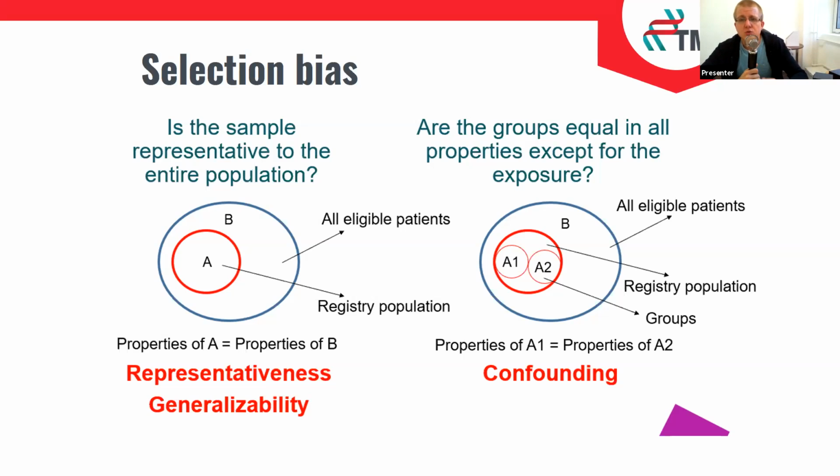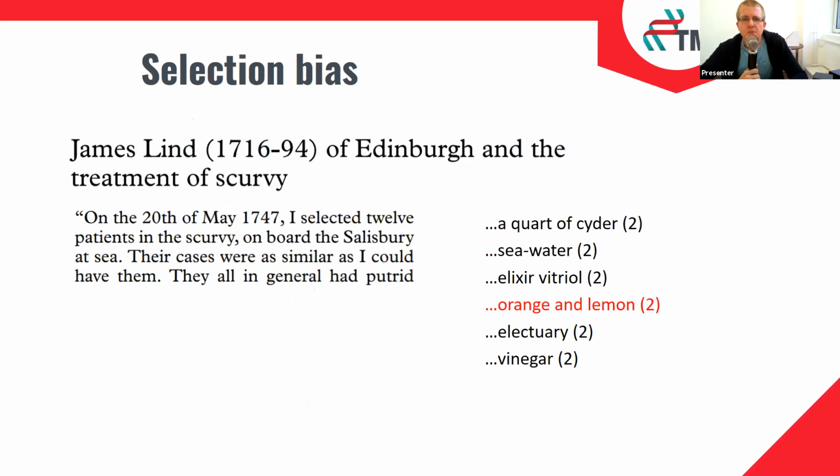Now, turning to our type of selection bias here, the between group differences, this is really important because randomization is the one which can neutralize it. Now, the first